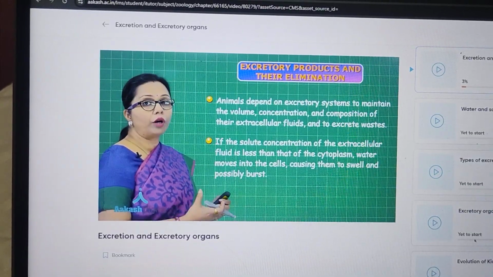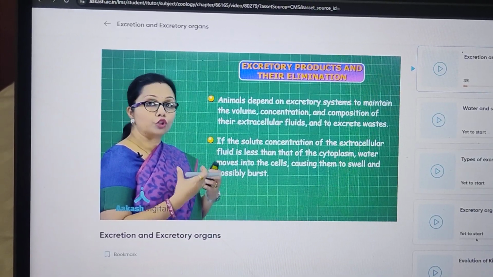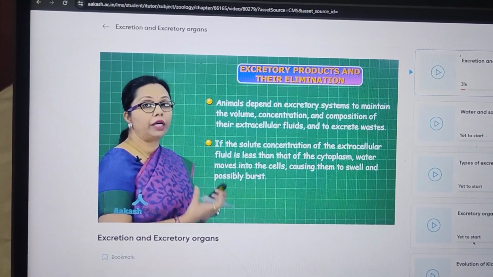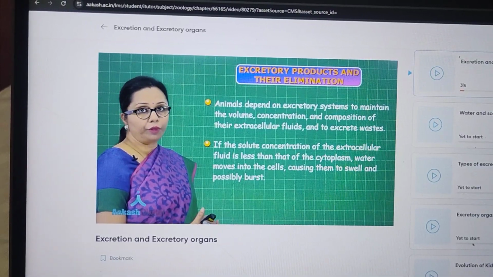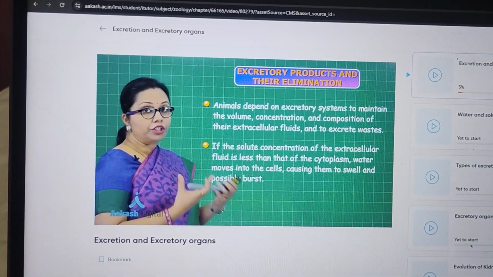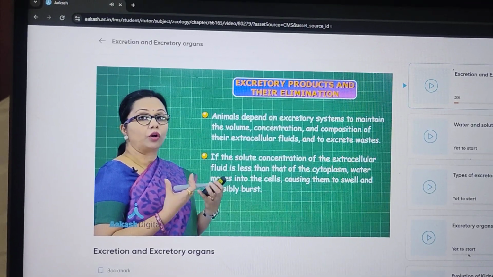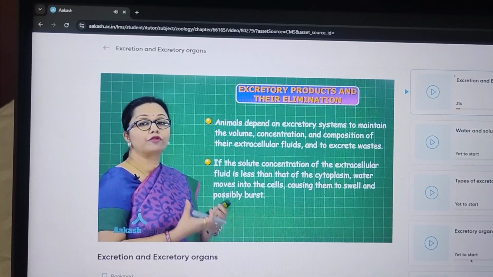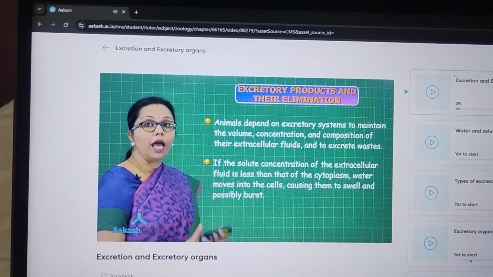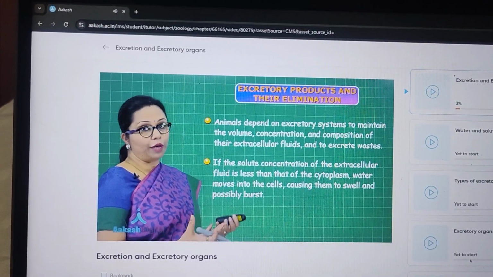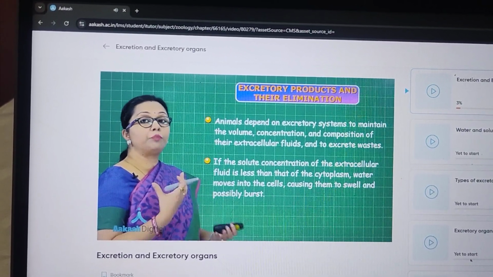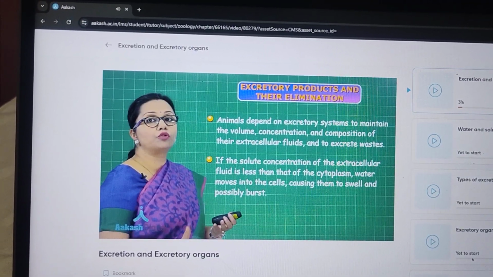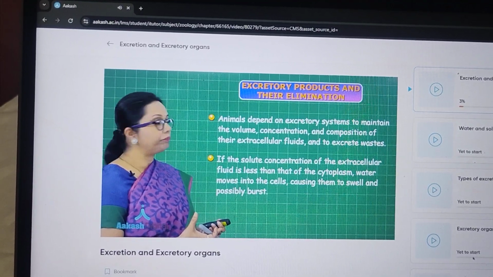So that is why it is very important that the amount of solvent, that is water, which is present outside the cell has to be maintained in such a way that the cell integrity is also maintained. And in simple words, we can understand that blood, tears, sweat, these are also fluids, and they also have solutes, a lot of salt in them along with water. And urine also has that. So the excretory system is balancing the amount of water and salts, and if these are in excess, those amounts will also be removed into the urine.